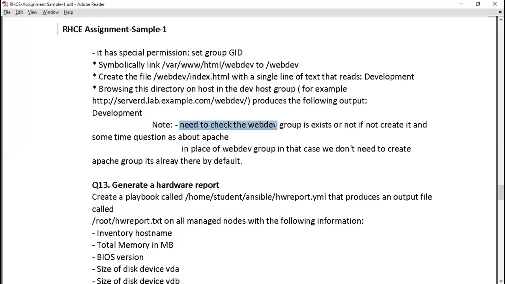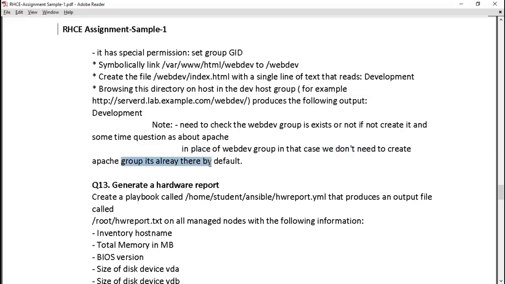Need to check if the web dev group exists or not. It depends on your exam. So it could be possible your web dev group may not exist or may exist. If it exists, that's fine. Otherwise, sometimes they also ask for the Apache group instead of web dev. In case of Apache group, we do not need to create it.